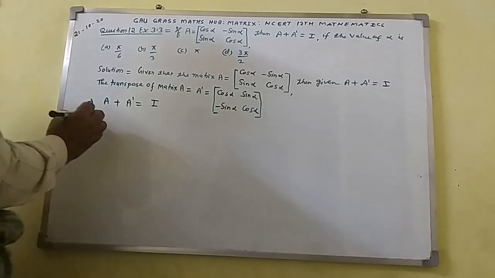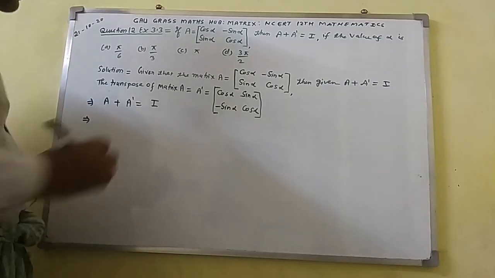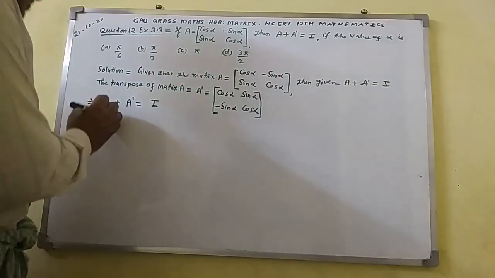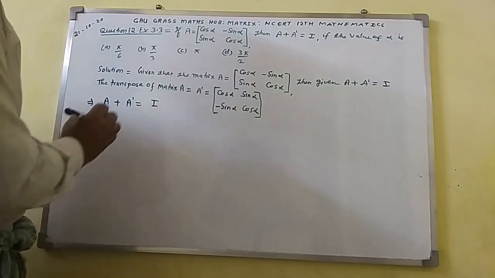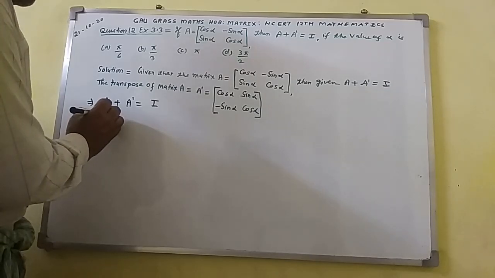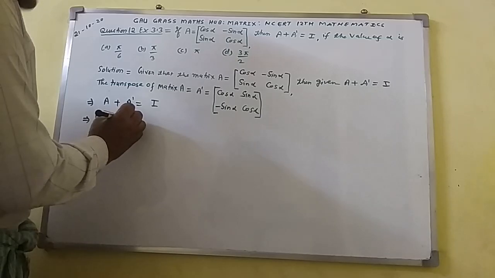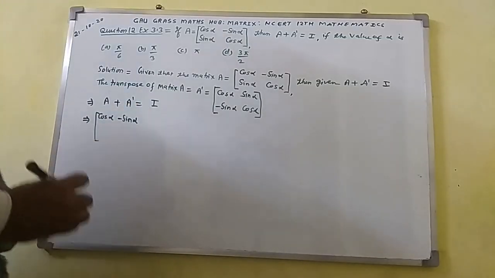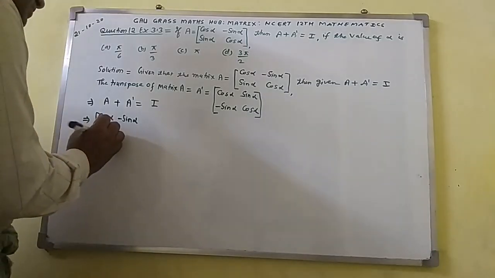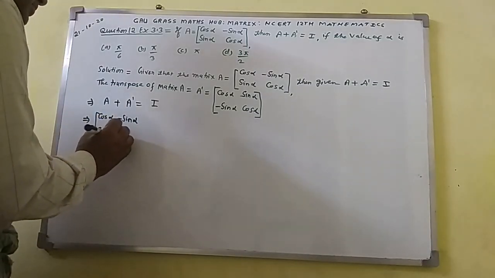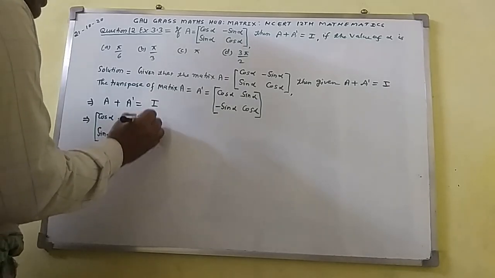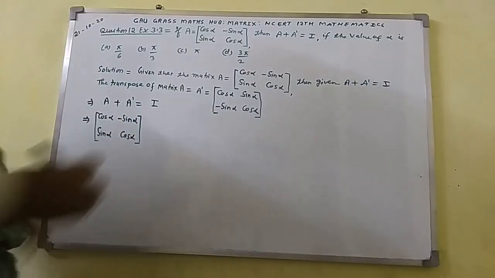So I shall write the matrix A at this place: cos alpha, minus sin alpha; sin alpha, cos alpha. Closing of square bracket, plus